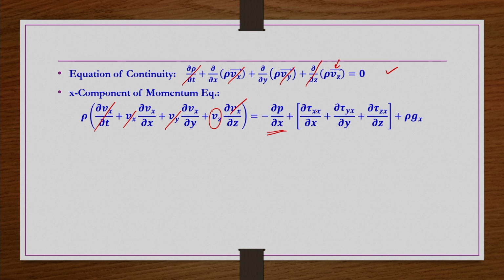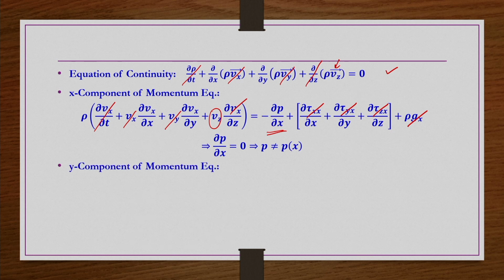So, only tau yz exists. All the other shear stress components are negligible, so we can strike them out, and we have not taken any gravity because the geometry is horizontal. So, what we get is dou p by dou x equals 0, that means pressure is not a function of x, pressure is not varying in the x direction, right.